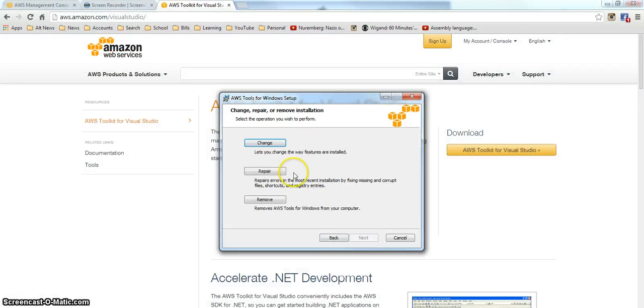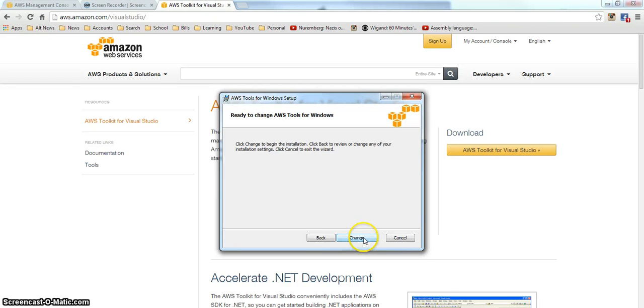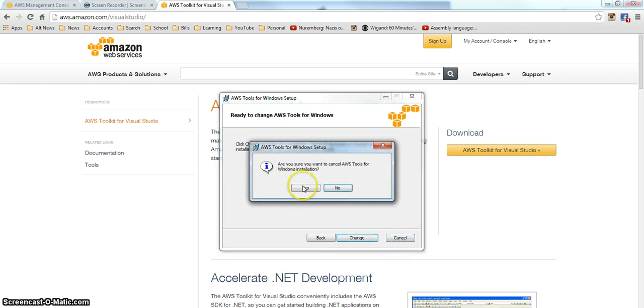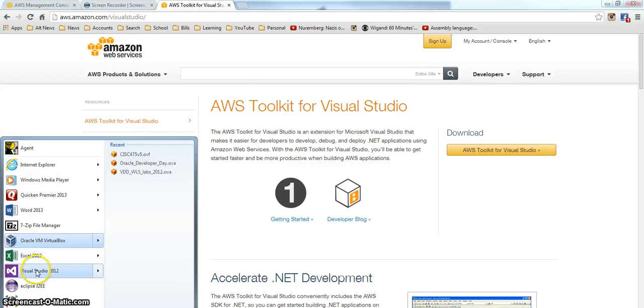Alright, click Next. Yeah, it already knows I have it installed. Let's say Change. Make sure all this stuff is highlighted. Whatever it decides to download, please. Click Next. I'm not going to click Change because I didn't actually want to change anything, but there's nothing to change here. You don't have to do anything in this screen. Just click Next until you go through it. Then when you start Visual Studio,